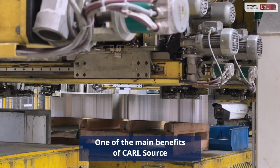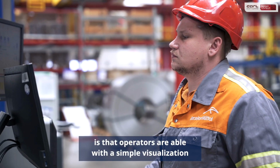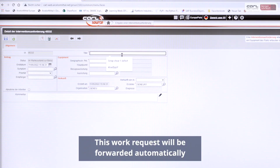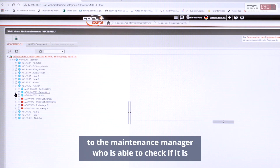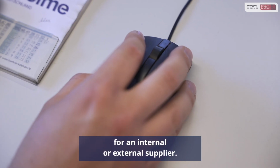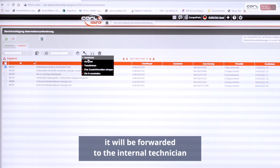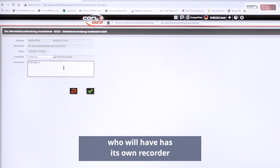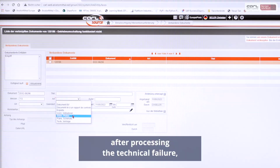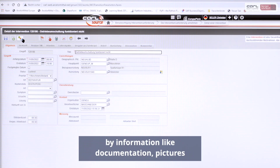One of the main benefits of CarSource is that the operator can, with a simple visualization, write the work request. This work request will automatically be sent to the computerized maintenance management system, which is capable of checking if it is for internal or external work. If it's for an internal technician, it will be sent to the internal technician, who will have their own work order, where they will be able to replace, after processing, the technical failure information like documentation, images, and also the